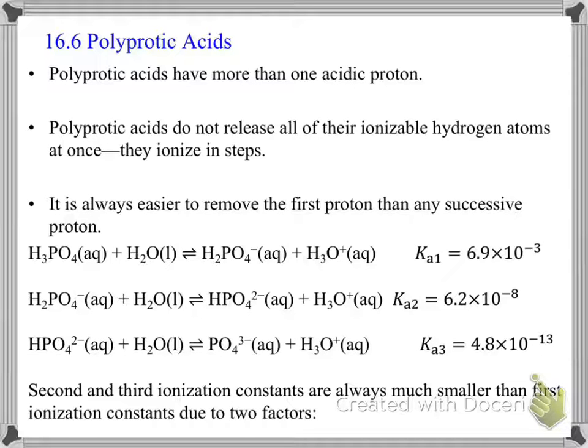Polyprotic acid is an acid that has more than one ionizable hydrogen atom per molecule, or another way of saying it is, they have more than one proton to donate. For example,